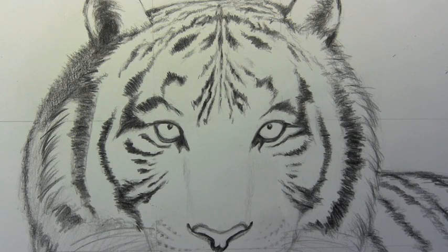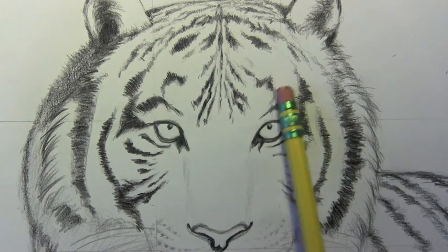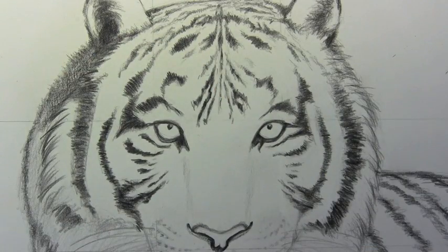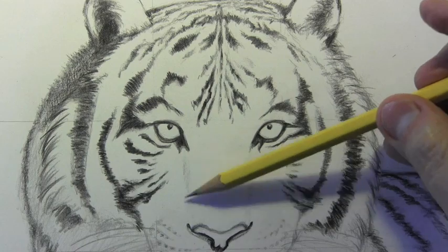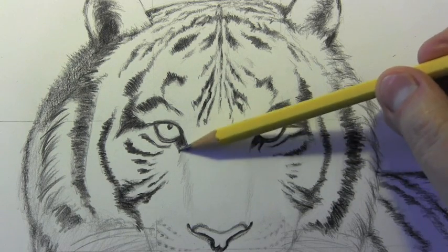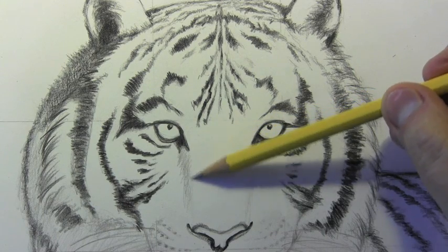Okay, so I just wanted to point out quickly that I decided to finally erase the square box guidelines from the beginning of the video. Belatedly, finally getting rid of that. And now it's time to get into doing some shading of what will appear gray, of course, because I'm using a pencil, but in real life, if I were doing full color, this would be sort of an orangish brown,